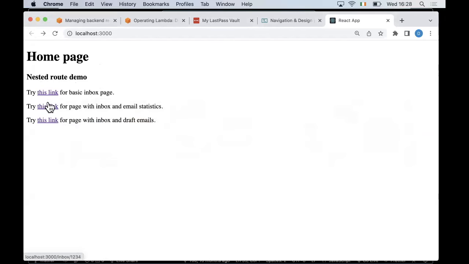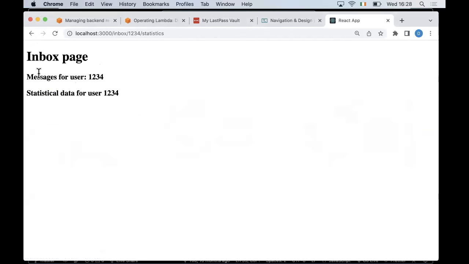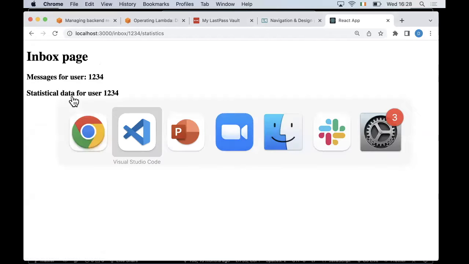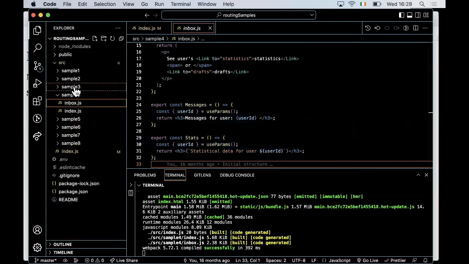Sorry, let's go into one of them. Let's go into this one. Messages from. And so the last part then comes from the nested route. But if we go back to my inbox component,